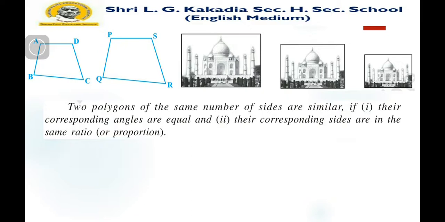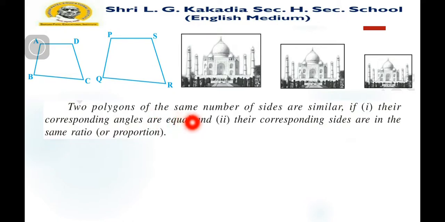Two polygons of the same number of sides, for example if you take hexagons, which have six sides, then two hexagons are similar if first their corresponding angles are